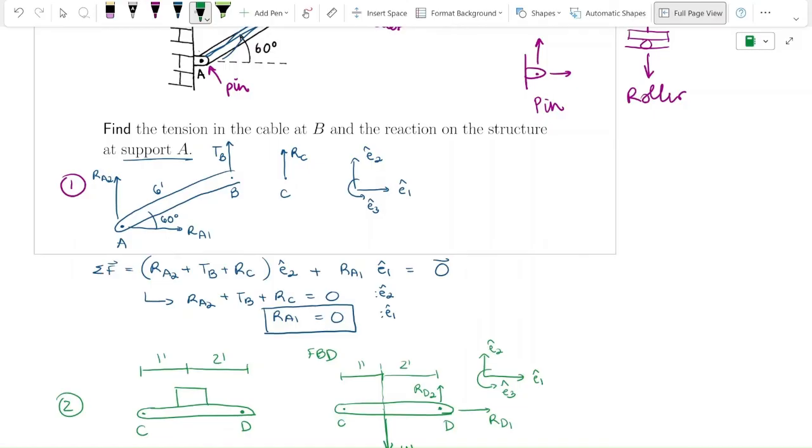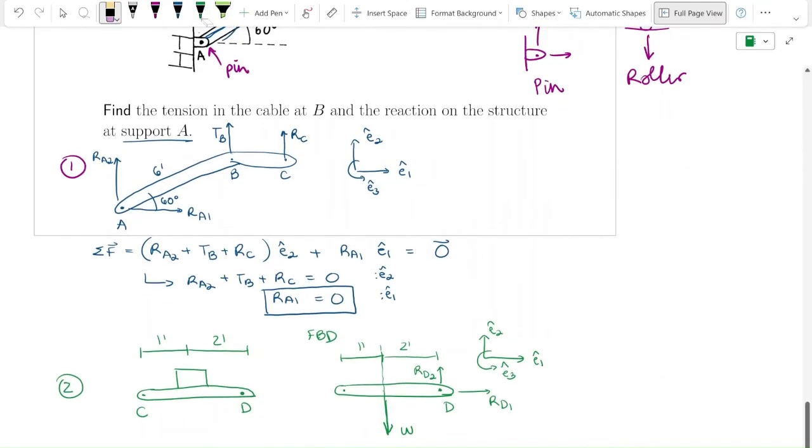So the force that is exerted on, why did it just erase? Okay. The force that is exerted on point C by the roller is in the upwards direction. But every action has an equal and opposite reaction, right? So the forces must cancel each other at this point. This means that the reaction force at C should be in the downwards direction